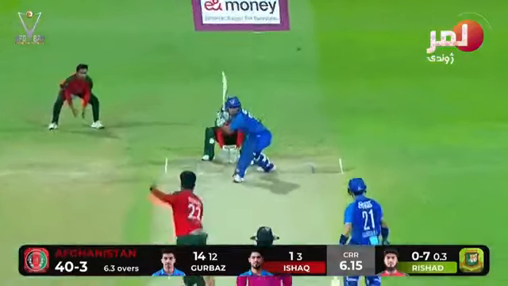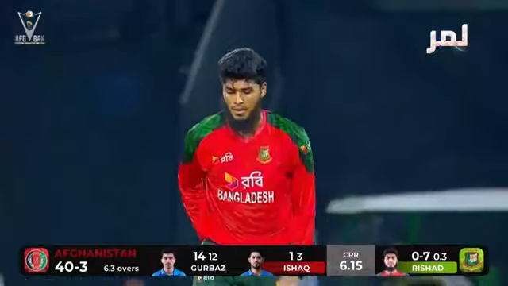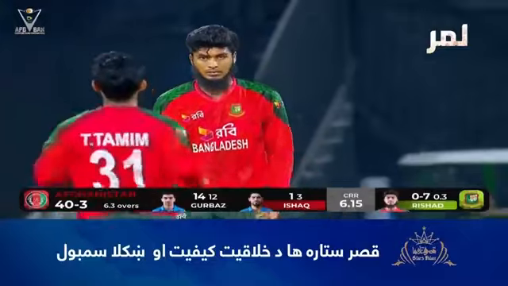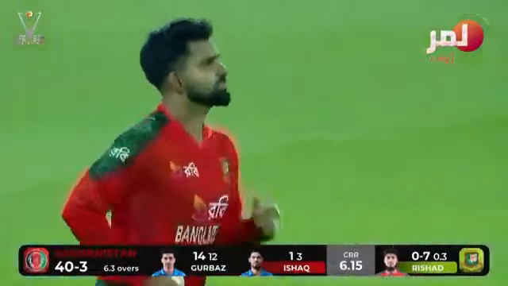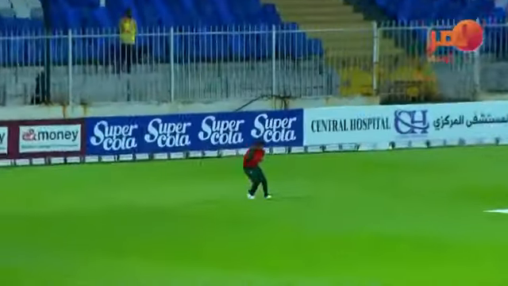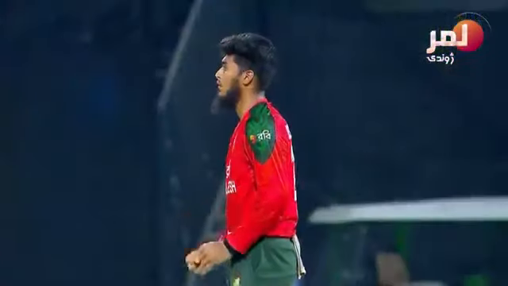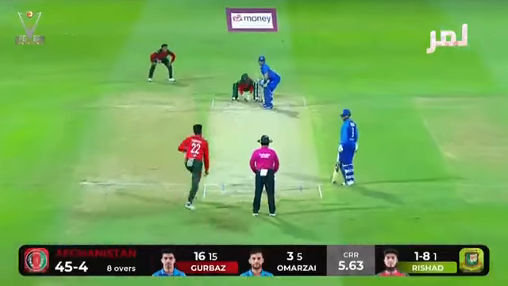I think you can be your regular self. That is supposed to be a good option. Finds the fielder perfectly. Rishad amongst wickets, his first. And Gurbaz will be very disappointed. In fact, it's his partner, Ishaq, who's been dismissed. Well done, Jakir Ali, for straight away putting the pressure on the batter by bringing fine leg in place, not square leg. And straight away, Ishaq's eyes lit up and probably wanted to go towards mid-wicket, but the ball was too full. Not a good stroke, got to be said. When your team is 3 wickets down, stick back and back that up.